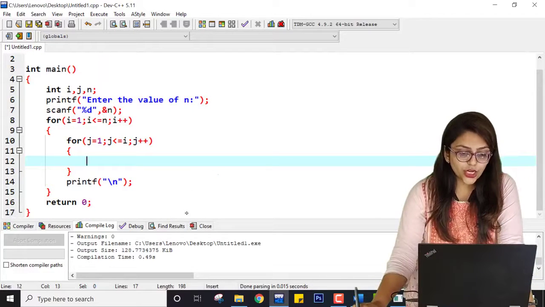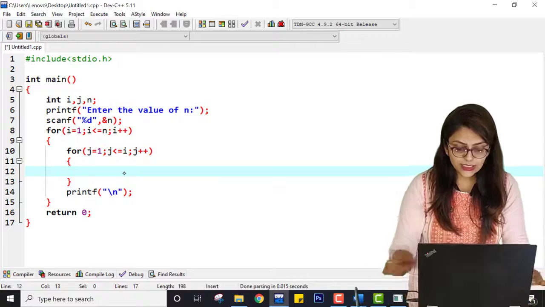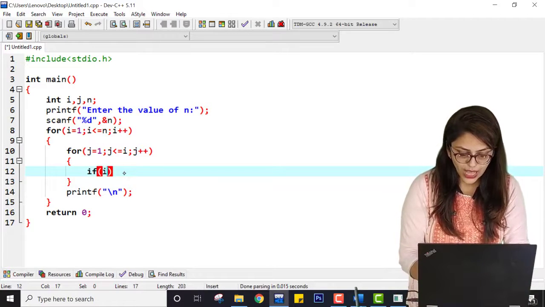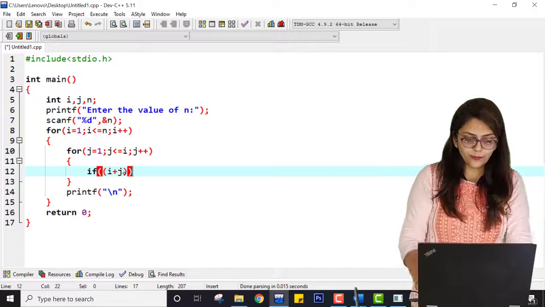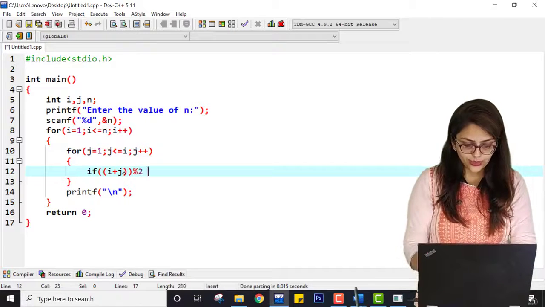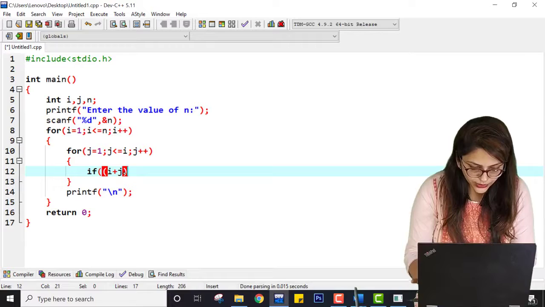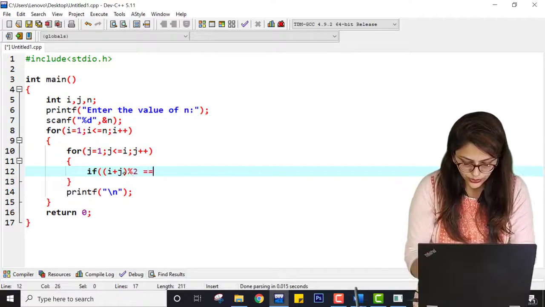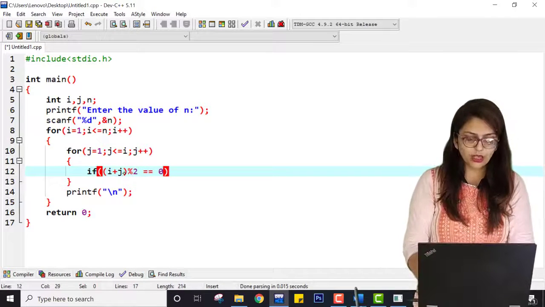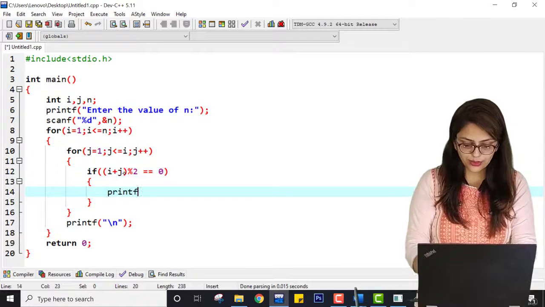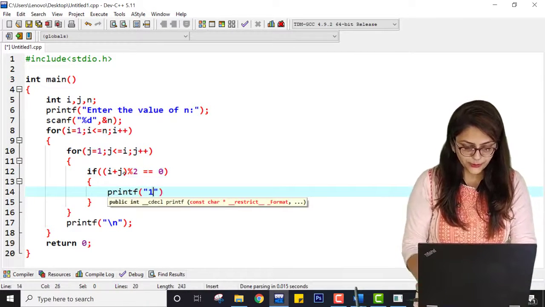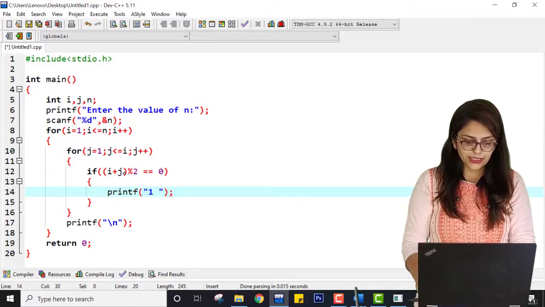What will be the change? Here in this loop I am checking if i plus j, and I am writing it inside the bracket so that I can eliminate some erroneous code, modulo 2 equal to 0. That means the number is even, the addition is even, so at that time I am printing 1 and giving a space.